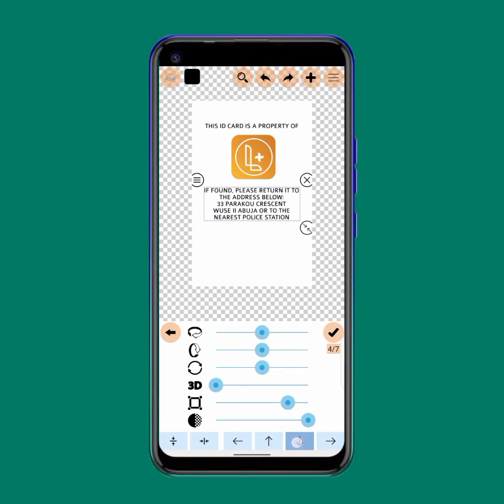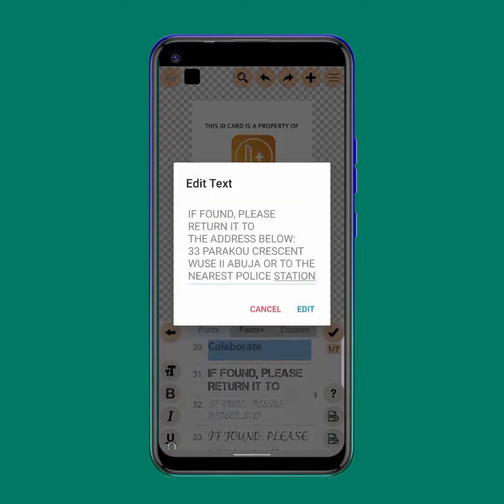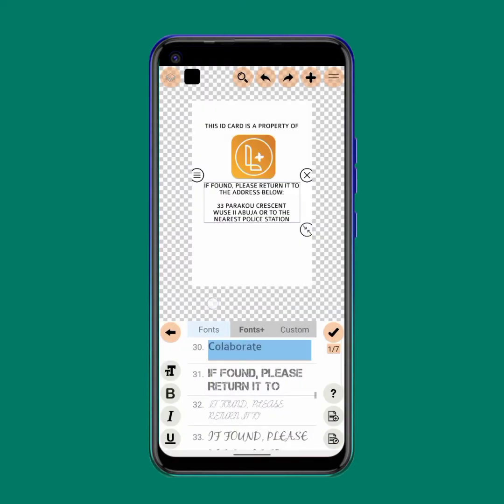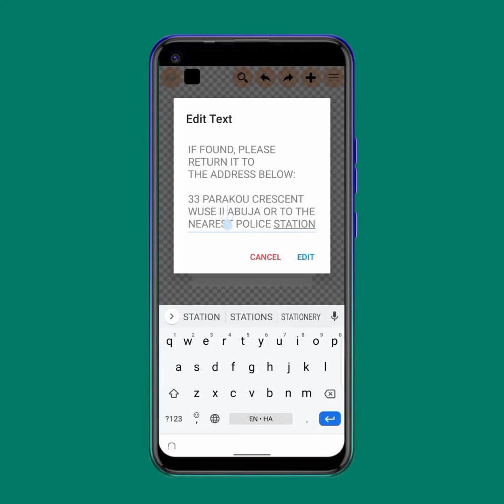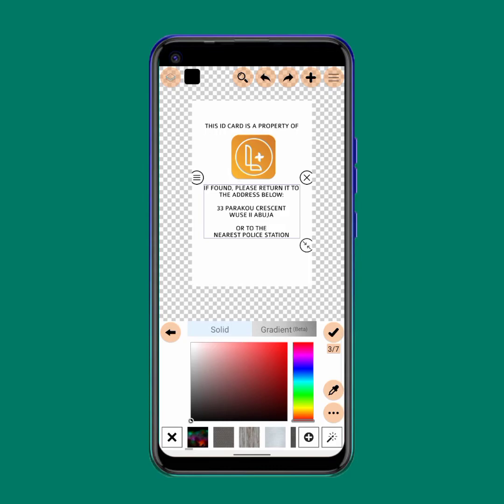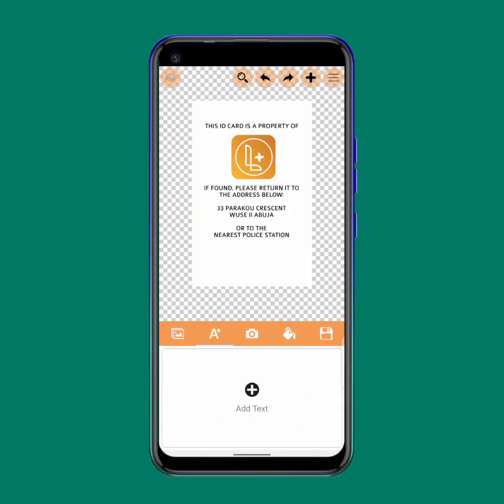So I just want to write something. So between this address and this thing, there should be a space so that the address can be captured very well. You can decide to give the space here as well so that it can be captured very well. So align the whole thing center, and then